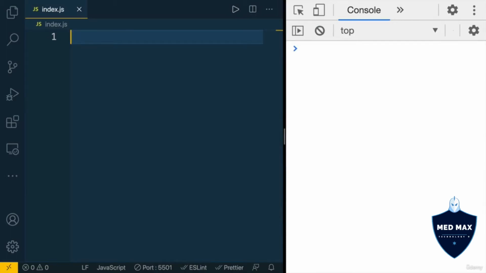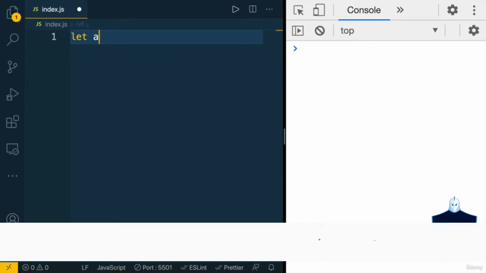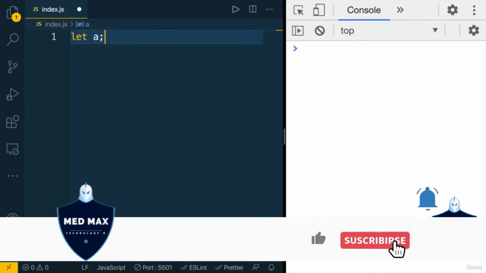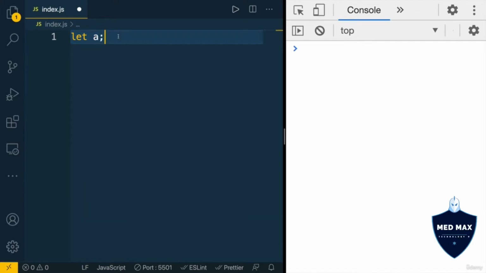You could declare a new variable using the keyword let, and after a space, type the name for the new variable. For example, let's name it A. And also, at the end of each statement in JavaScript, here we see a statement, it's a convention to add a semicolon. Of course, you could go on without semicolons, but I highly recommend you use semicolons at the end of